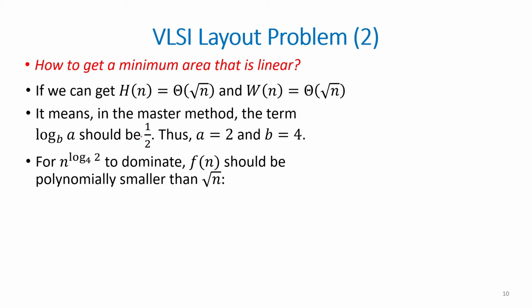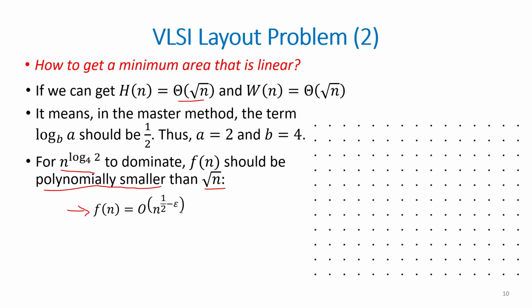Also, we know that we want this term to be the dominating term so that we could have such a solution. That means f of n should be some function which is polynomially smaller than square root of n. That means it should be some function of this form, where we would have n to the power 1/2 minus some epsilon value. Now let's look at the grid and let's look at another different layout that would be more